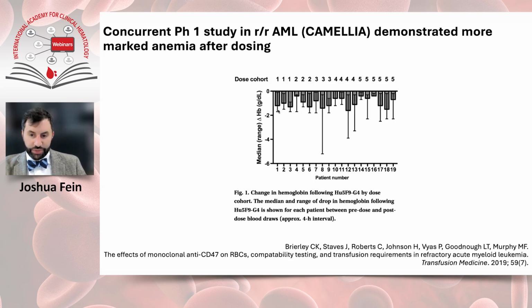So they would check the hemoglobin level 4 hours later, and the median of those medians was only about 1 gram per deciliter decrease. However, you can see that there were some drops. These low bars were the absolute maxima in drops, or the deepest depressions that were seen in this change in hemoglobin over 4 hours. So one of them actually got to a drop of over 5 grams per deciliter. And the observation also was that there was no reciprocal reticulocytosis, which we would anticipate.